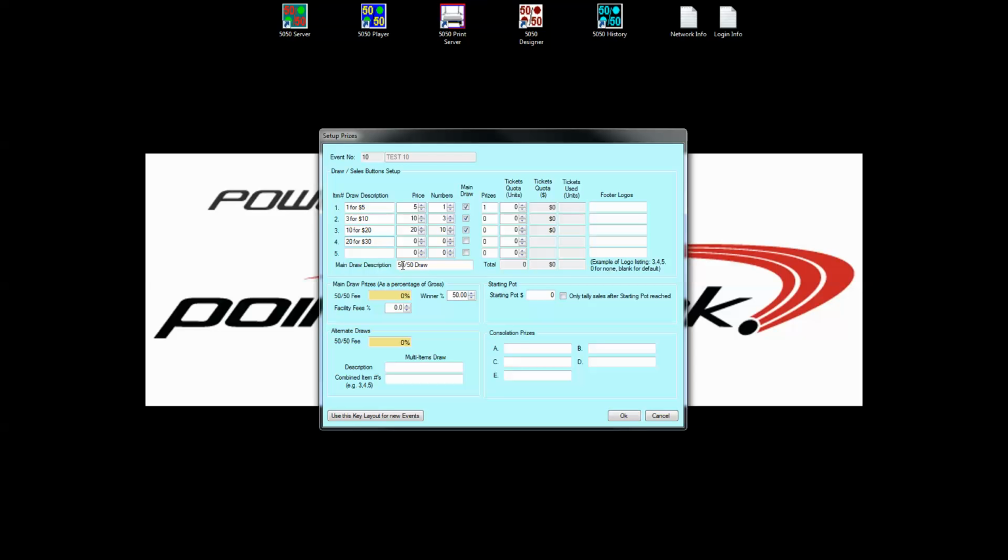So the important piece here is to note that I've got a price column, a numbers column, and a main draw column. So my price again is going to be $30. My number is going to be 20. So I'm going to have 20 numbers for $30, and I need to place a check mark in this main draw box in order to ensure that that price point becomes active as part of my selling procedure. I could then go down and press OK,